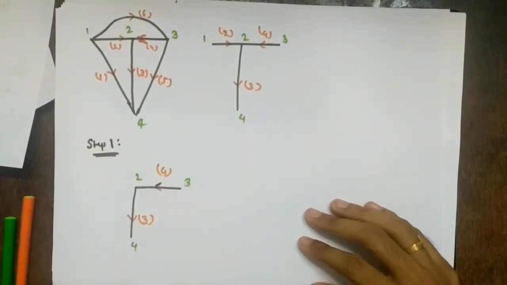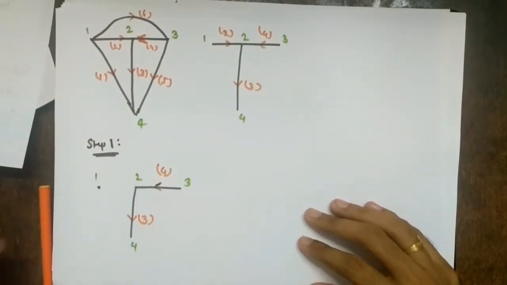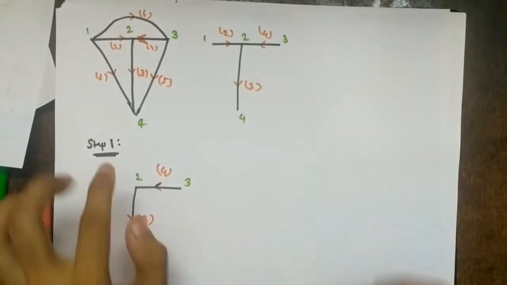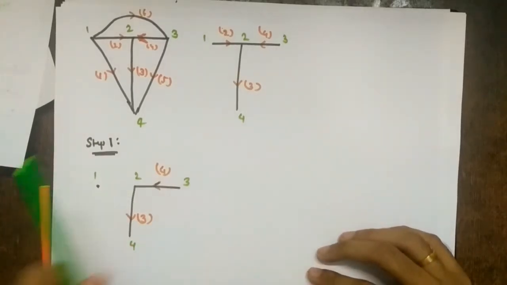But I have one node also, right? This is my node here. Including the node, what is happening? It is getting divided into two parts, right? So what is the step 1? Remove the twig, right? So next what you do, you again draw it.